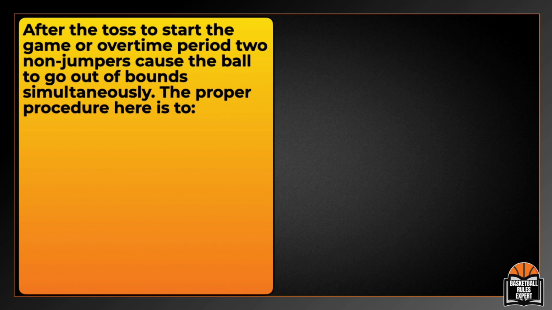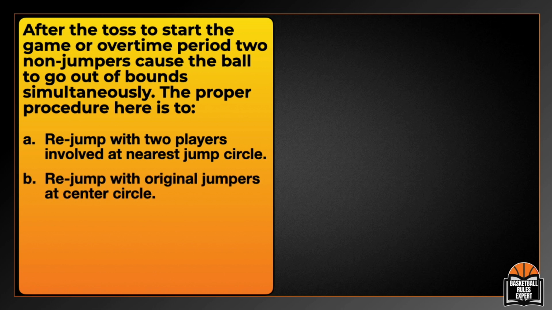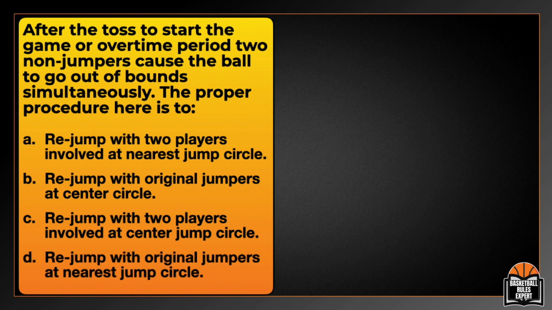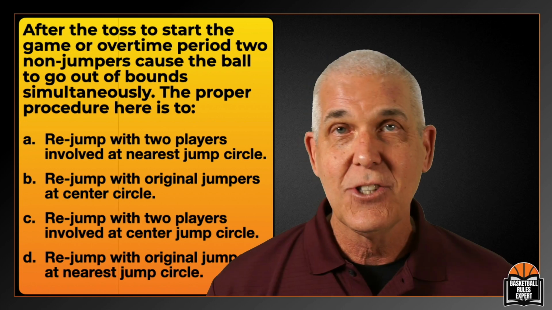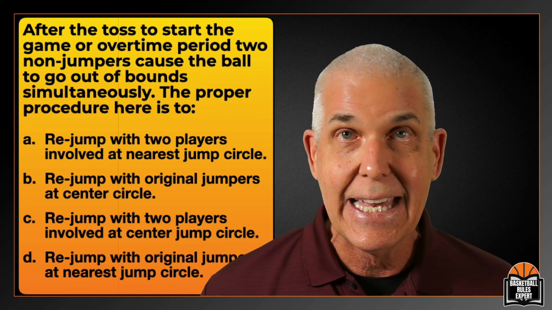After the toss to start the game or the overtime period, two non-jumpers cause the ball to go out of bounds simultaneously. The proper procedure here is: re-jump with two players involved at the nearest jump circle, re-jump with original jumpers at the center circle, re-jump with two players involved at the center jump circle, or re-jump with original jumpers at the nearest jump circle, right? Simple jump ball rules restriction question, right? Our answer here is